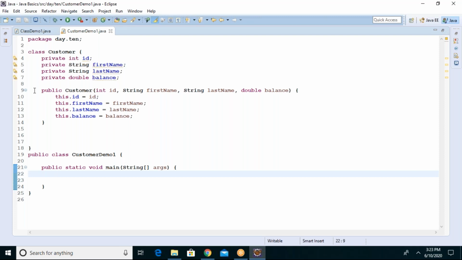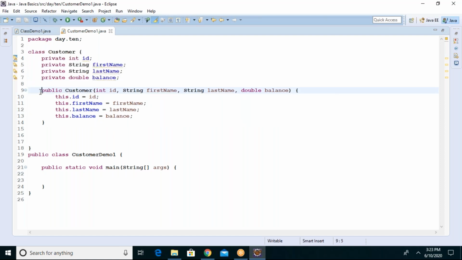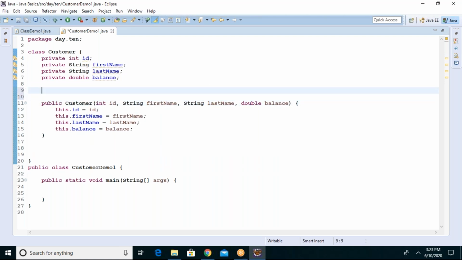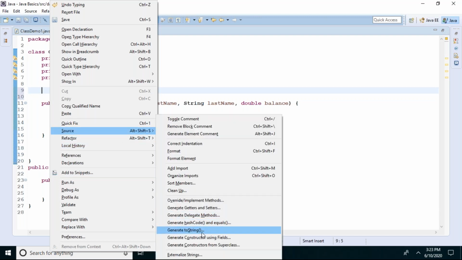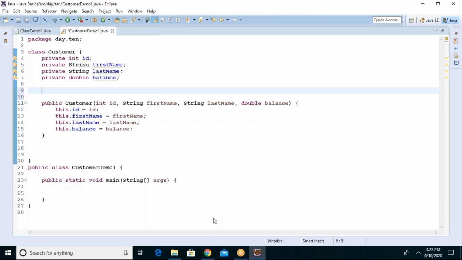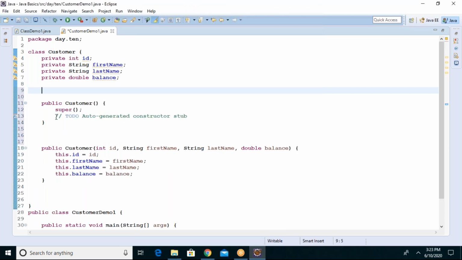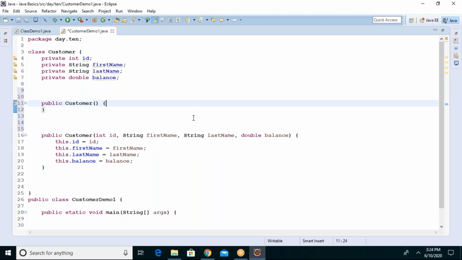Okay. So now I generated the constructor automatically. Suppose you have 20 fields here. If you want to write a read method for the 20 fields, it will take a lot of time. But generating the constructor is a default from Eclipse only. You need not worry about it. Source, constructor from superclass. Yeah, there is a default constructor with the super keyword. I will eliminate it. We'll discuss it later.